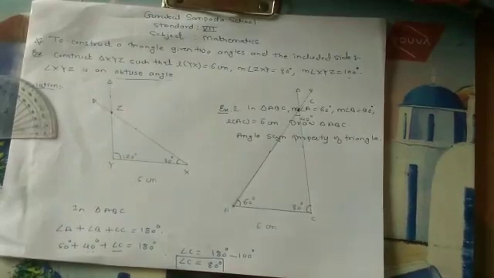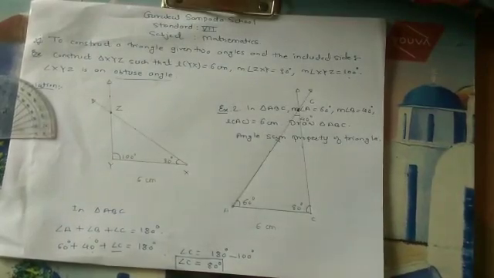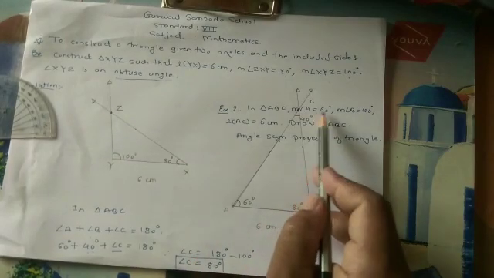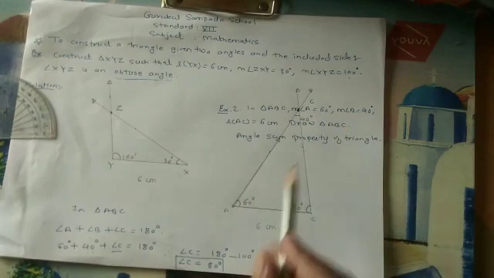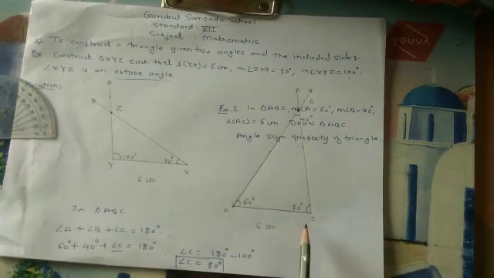Okay, means what? Here we have to construct a triangle when the two angles and the included side are given. But here the two different angles are given and the included side will be different. So for that purpose, we first find which angle is included in these sides, angle A and angle C. Okay, I hope all of you understood how to construct a triangle by using given two angles and the included side.